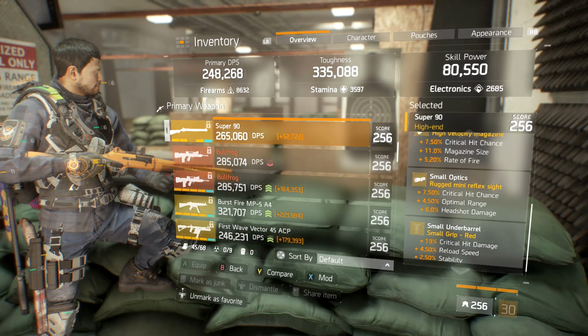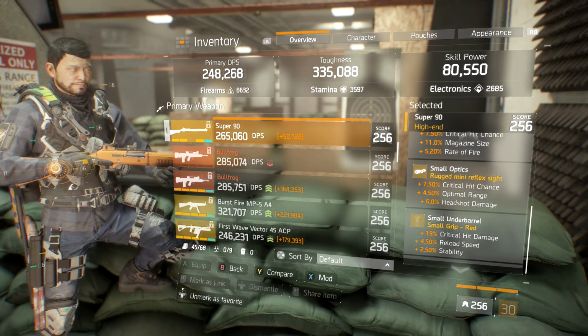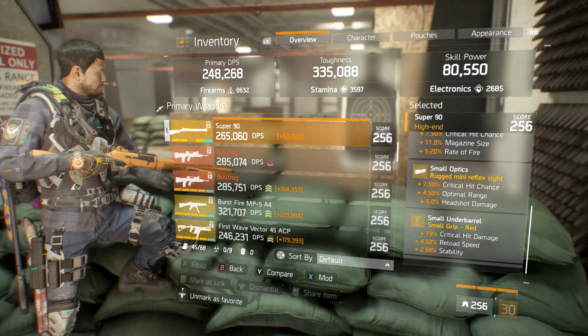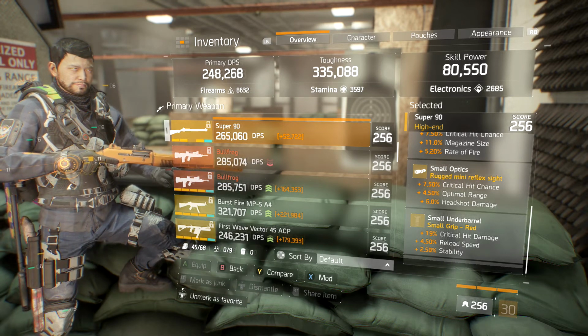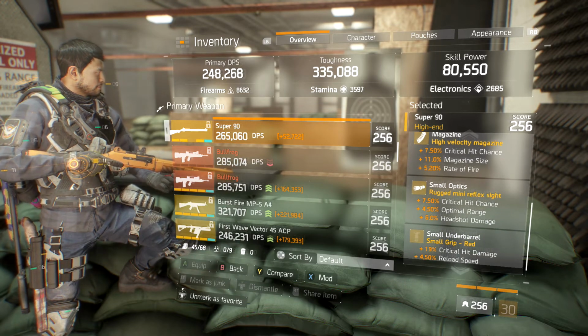And then optics, I have critical hit chance, optimal range, and headshot damage. It's not the best. I need headshot damage on it. If I can have headshot, no wait, hold on, I'm missing critical hit damage. That's what I'm missing. If I have critical hit damage on it, I can do a little bit more damage instead of optimal range. Optimal range is not that bad for a shotgun, to be honest, but I do prefer